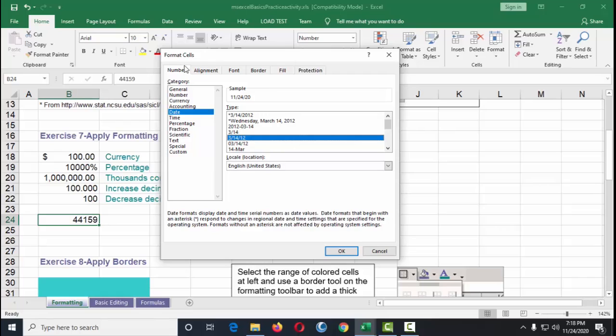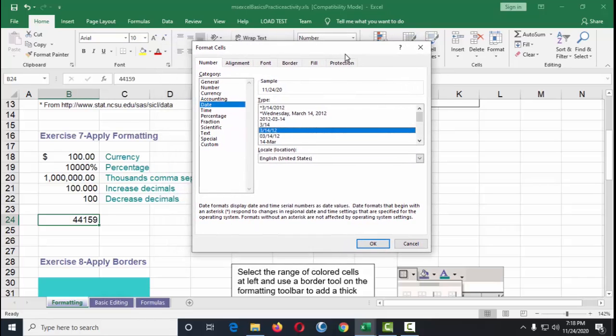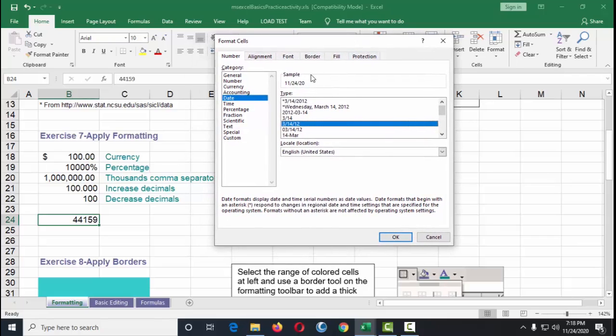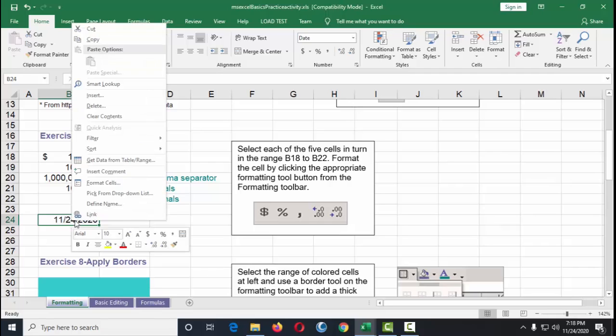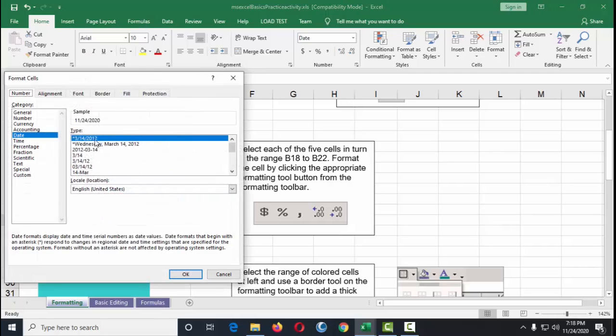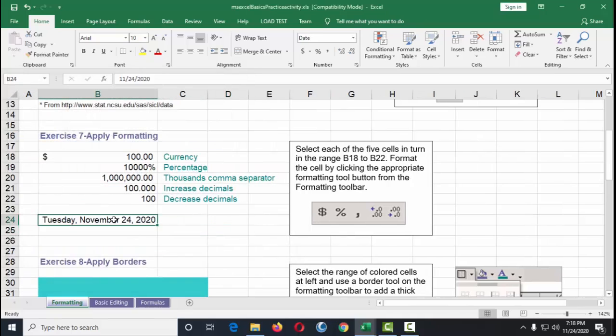So don't forget, if you get confused on how a value is displayed on your screen, always go back to format cells. I'd like this. There you go, it's November 11/24, 2020. How about another format of date? Let's have this. There it goes.